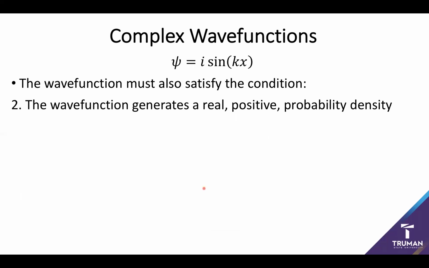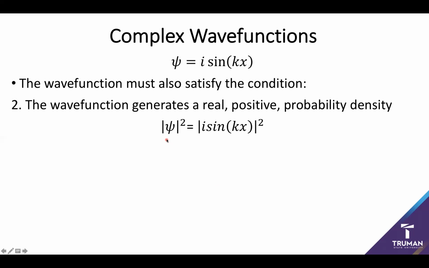However, we have another key condition we also need to satisfy. We also want to always make sure that our wave function generates a real positive probability density. So this means that our probability density should always be positive. There's no way I can have a negative probability density, and if it's imaginary, it's also still right out. So let's go ahead and go back